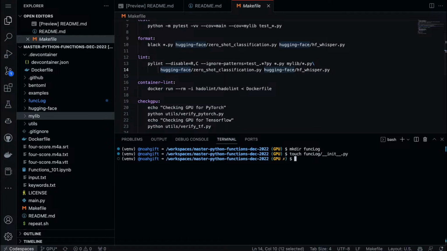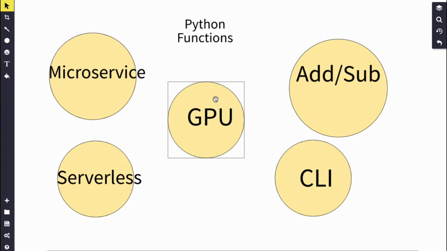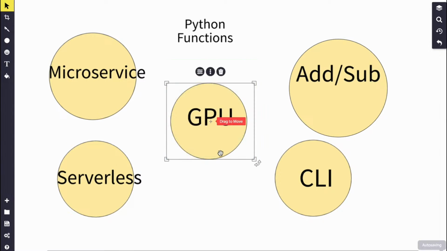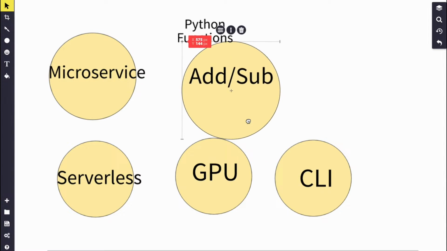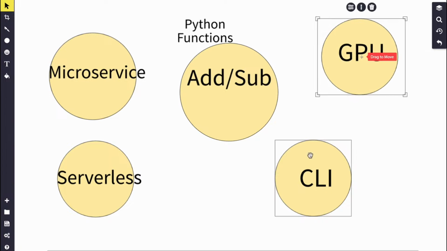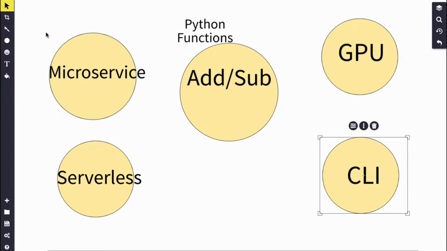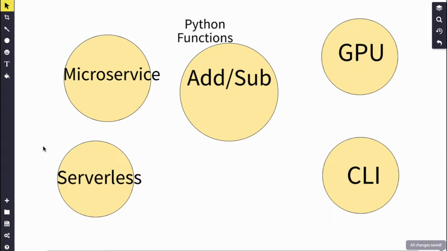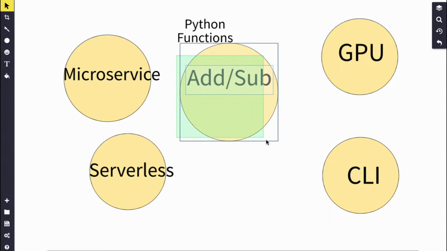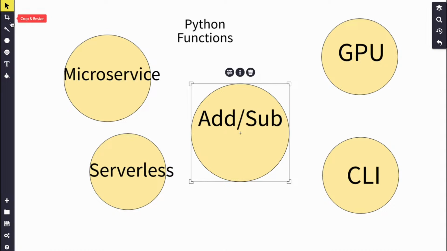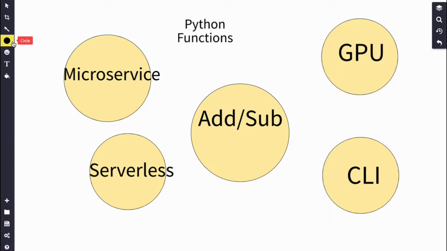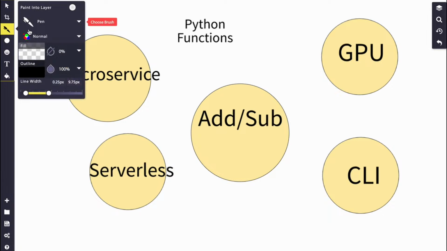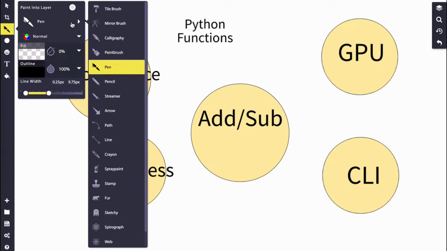And if we go back to this sketchpad here, I can reuse this, right? So once I build a Python function, let's say even at the root of it, we have an add function. This would be maybe a good one to demonstrate. At the center here, I could add on a GPU, or I could add on a command line tool, or I could add on a microservice, or I could add on serverless, right? At the heart is the logic, and then I can redirect to these other tools, and I can just make the arrow. I can go to the arrow.